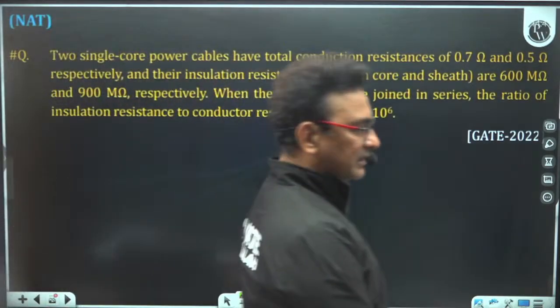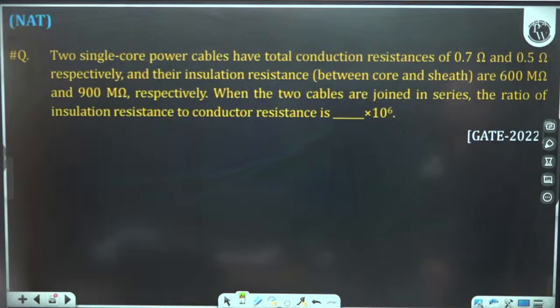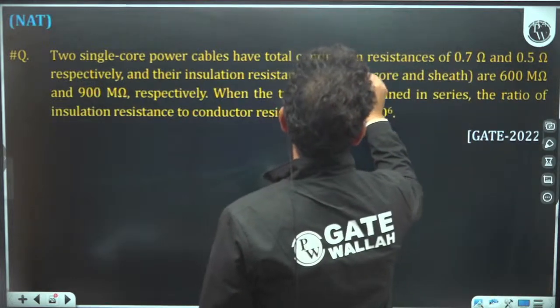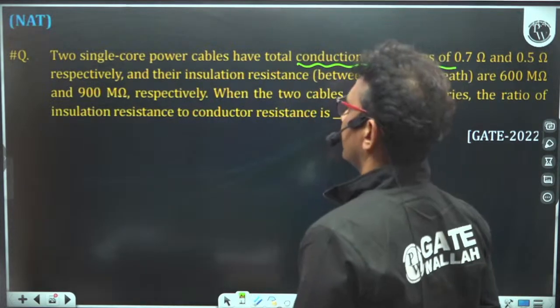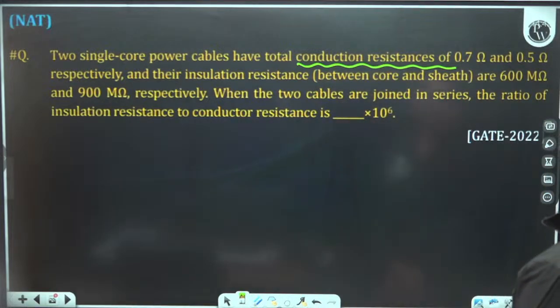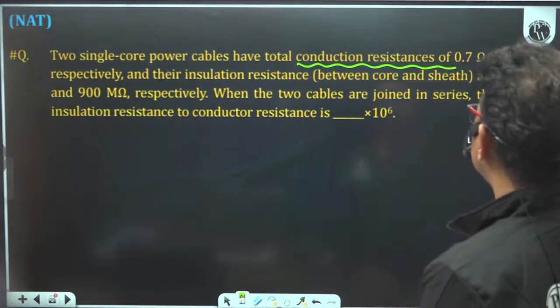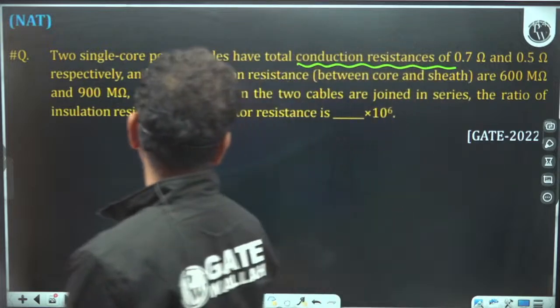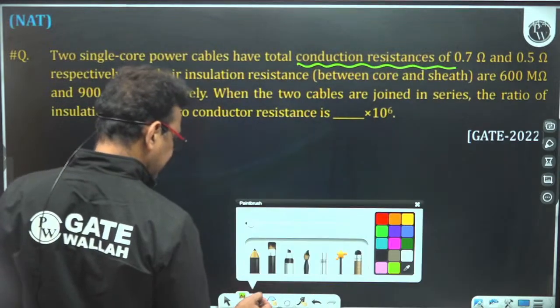Okay. Come to the next question, from the cable. Two single core cables have conductor resistances of 0.7 and 0.5 ohm, and their insulation resistances between core and sheath are 600 mega ohm and 900 mega ohm respectively. When the two cables are joined in series, the ratio of insulation resistance to the conductor resistance would be, that means